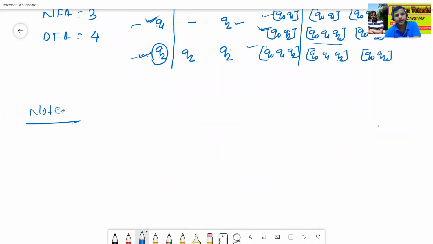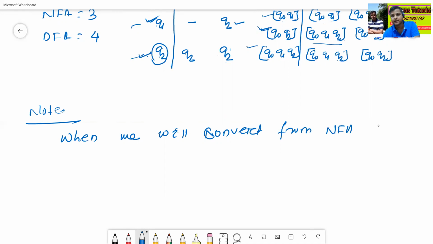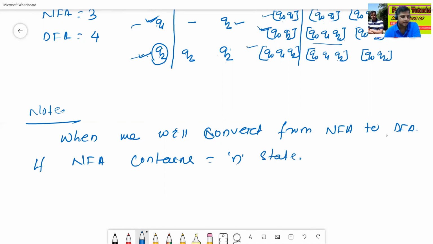When we convert from NFA to DFA, suppose the NFA contains n states. What is the maximum number of states possible in the DFA?